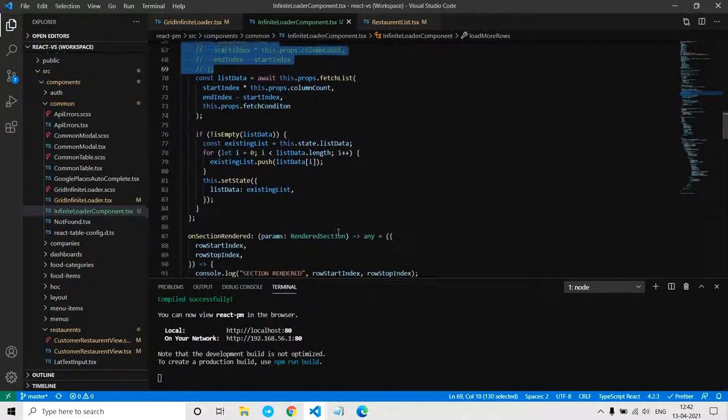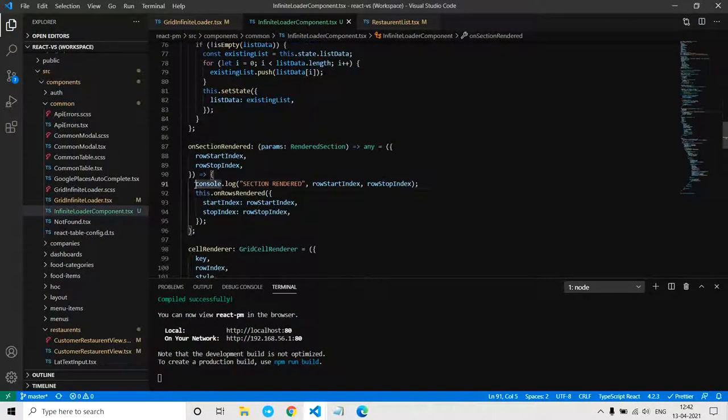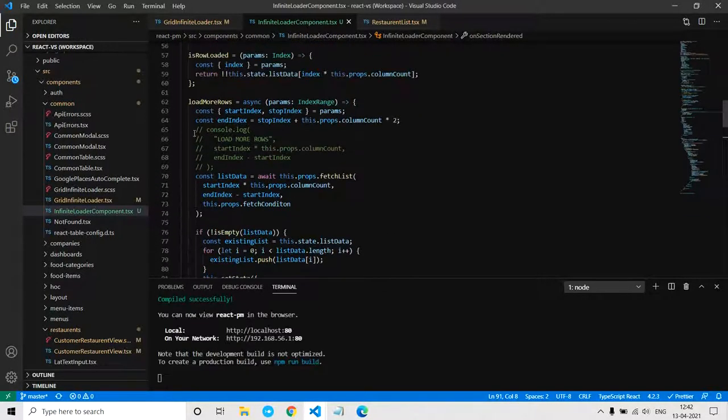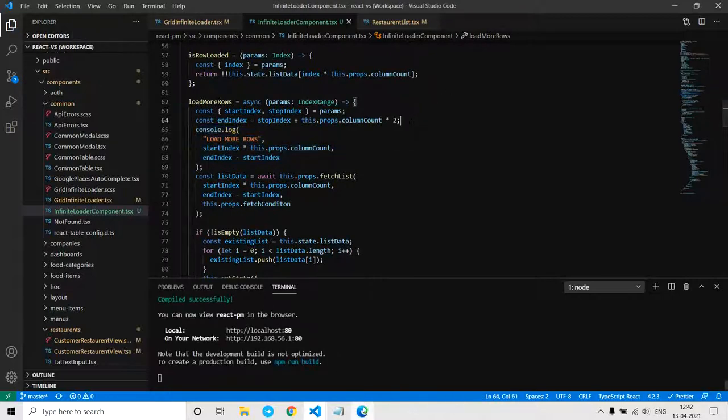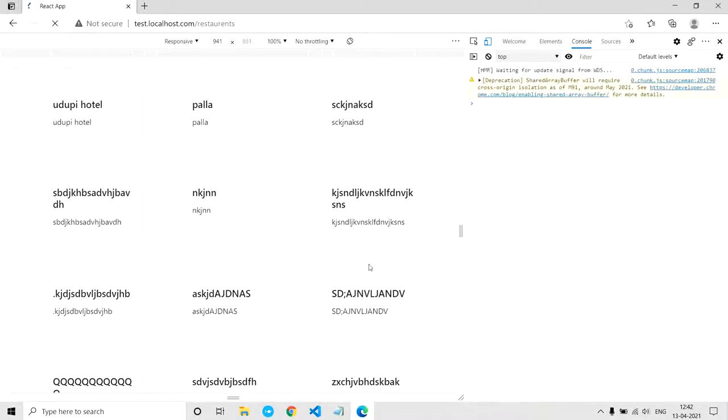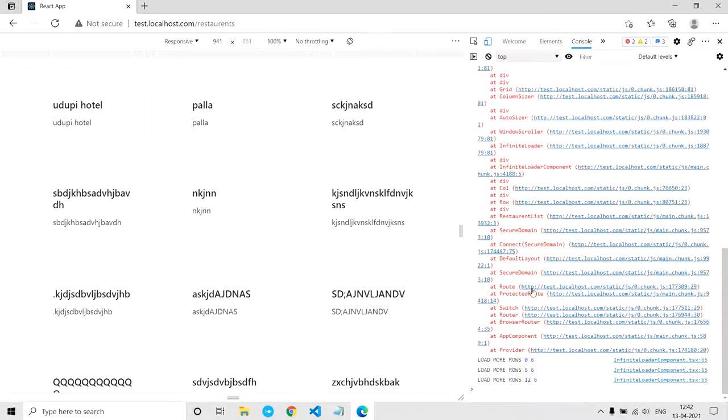So let's see about load more rows here and the importance of that multiplication factor 2 here. Okay, let's refresh it. And see, here the load more thing initially fetches from 0 to 6, and then we are fetching from 6 index again 6 number of records, and from the 12th index again 6 number of records.